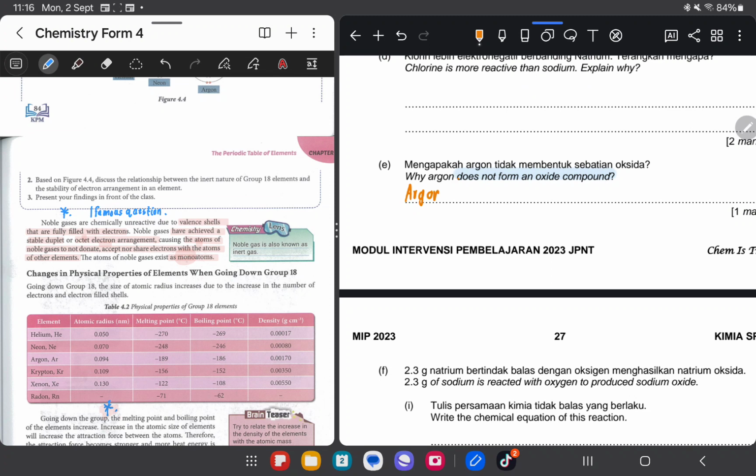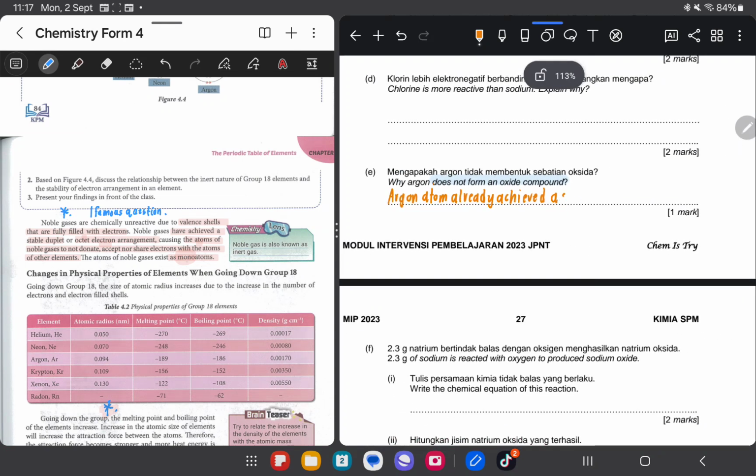Argon atom already achieved. Will argon have a duplet or an octet? Octet. So already achieved a stable, don't forget the word stable, a stable octet electron arrangement. Thus, it must be complete. Thus, wait. It's okay, you have to put the dot first. Thus, the atom